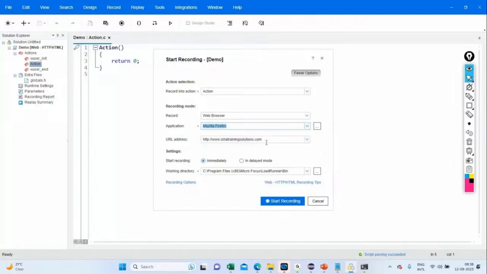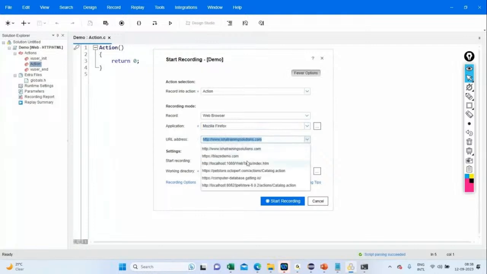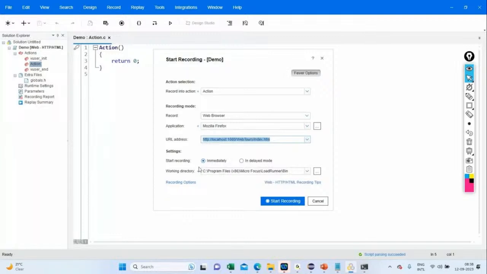And then what is the application that you want to record? Which project do you want to use? What is the application? So let's say the URL is this for today, the sample application, which I want to launch, log in and log out. This is the URL for that. So if I hit that URL,